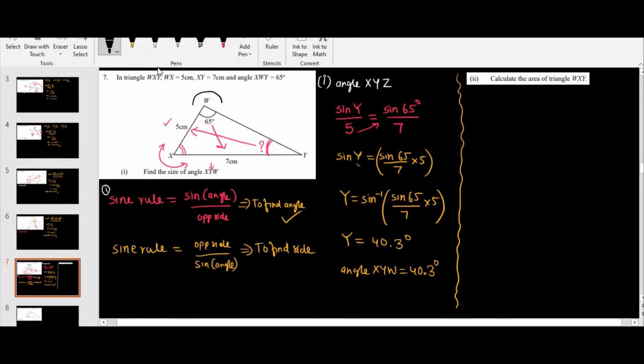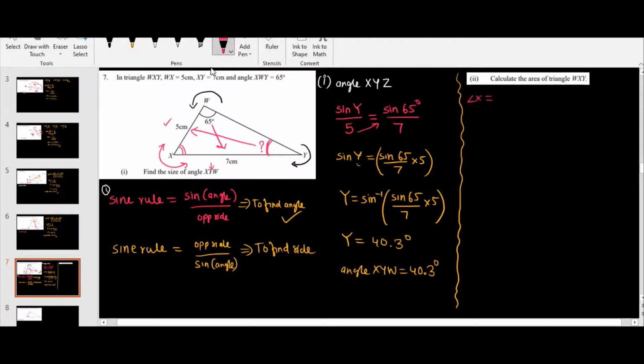But if you see here, you have this side 5 centimeter, this side you don't have anything. So you cannot use this. Also this side, if you see there is 7, but the other side you don't have any value. So you cannot use this one. So better we will use this side, that is 5 centimeter and 7 centimeter. But we also need to find the value of angle X. So we will find angle X first.